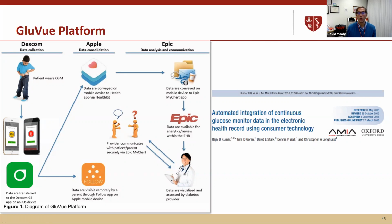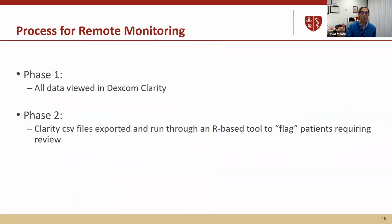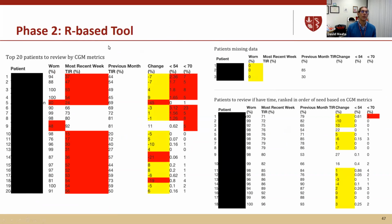And I'll show you a little bit more about how we've had some iterations. We're on our 4th phase, so I'll show you the first 3 phases here on how we walk through this. First with clarity, then using CSV files through an R-based tool and flagging patients who are requiring review. So what this phase 2 looked like is we would have, say, the top 20 patients to review, and we